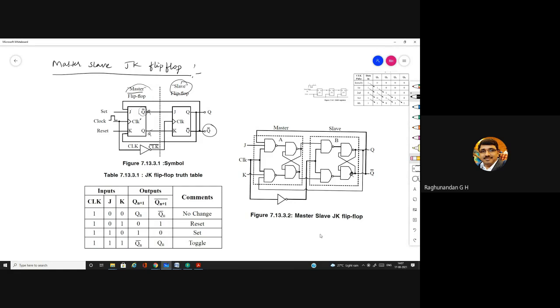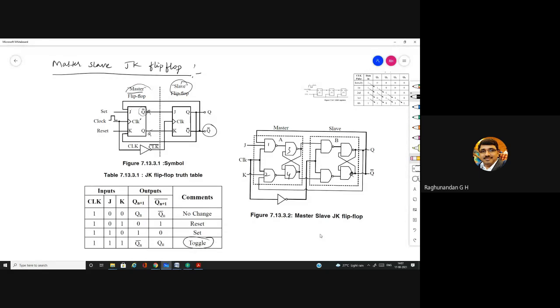Remember this, when you are going to connect, this cross connection is as usual. If you take this as 1, 2, 3, 4, 3 and 4's cross connection is as usual. But if you are going to connect the final output to the input, then it becomes JK flip-flop. Okay. Now, you can observe here, JK is 0, 0, everything is as usual, and even the toggle state is also as usual.